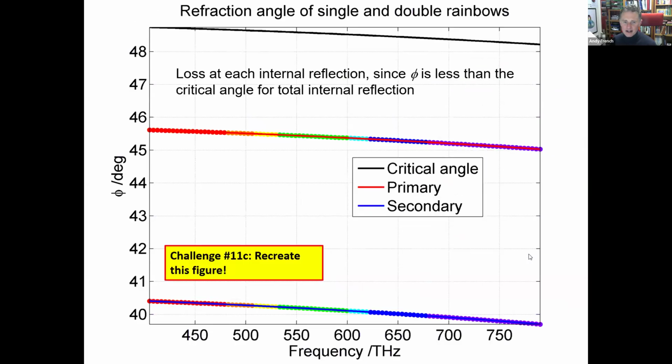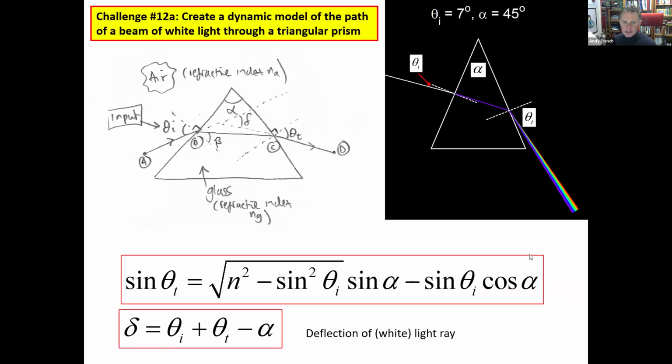And then lastly, we've got this idea, I'm going to skip ahead, of a model of dispersion in a prism. A nice thing you can do is make this animated. So you have to basically ray trace this, and I give you all the maths for it. But you can make a kind of Dark Side of the Moon picture. So there we go. We've got some stuff on rainbows and prisms.